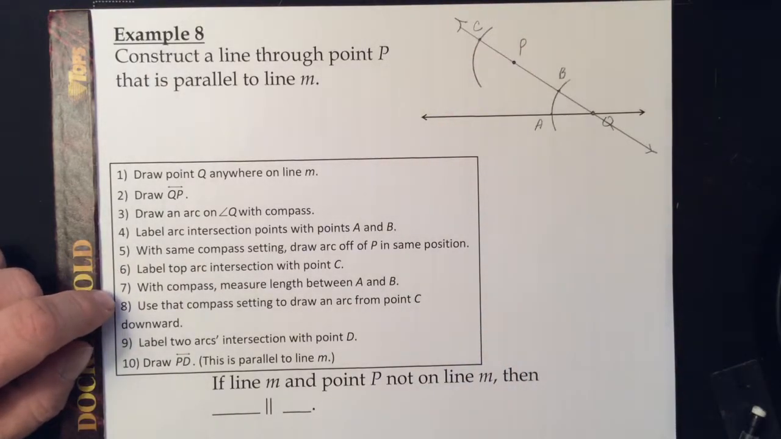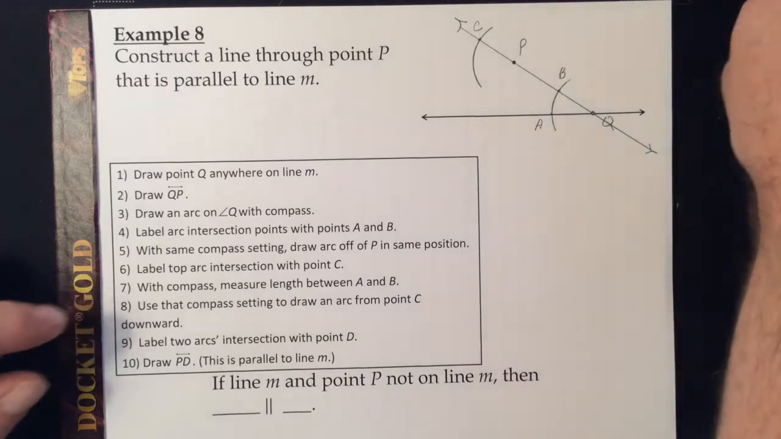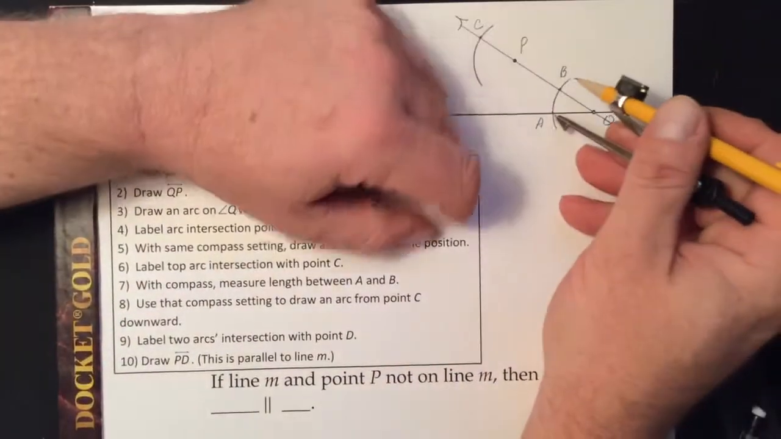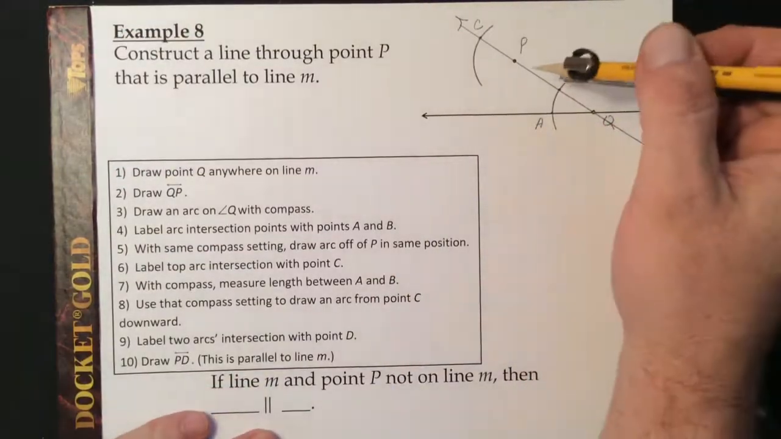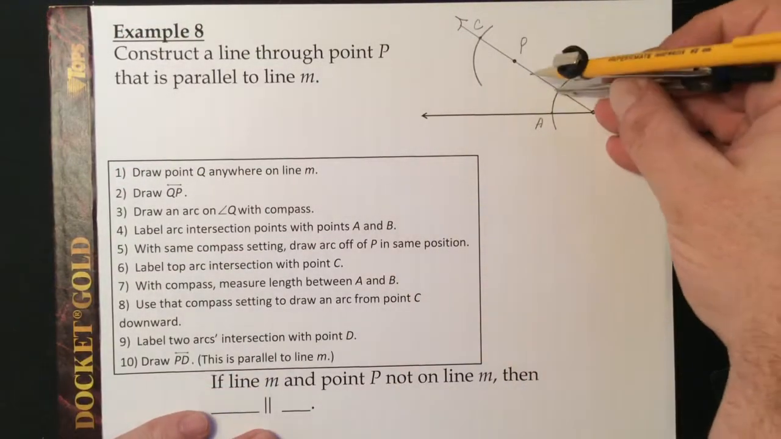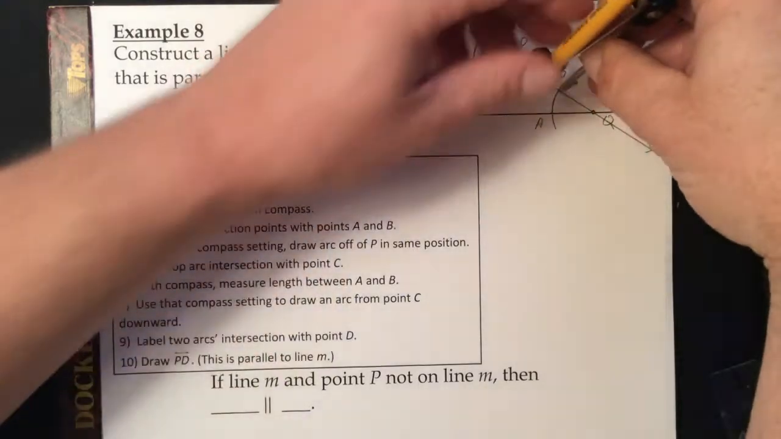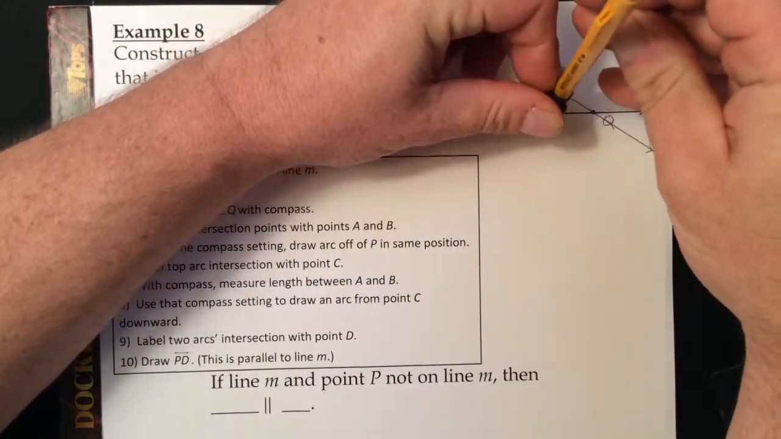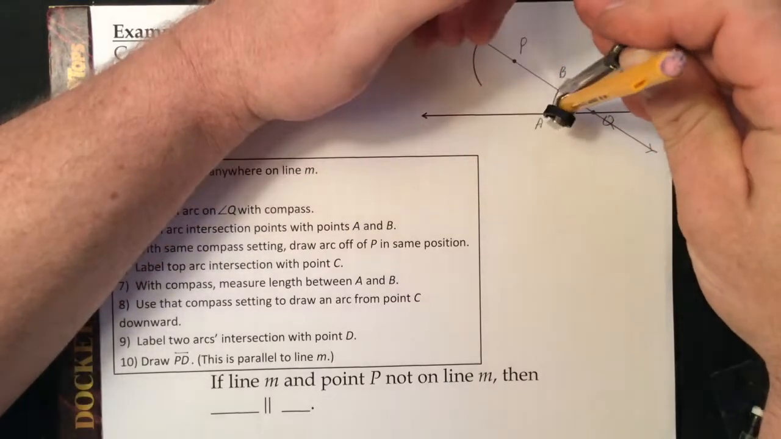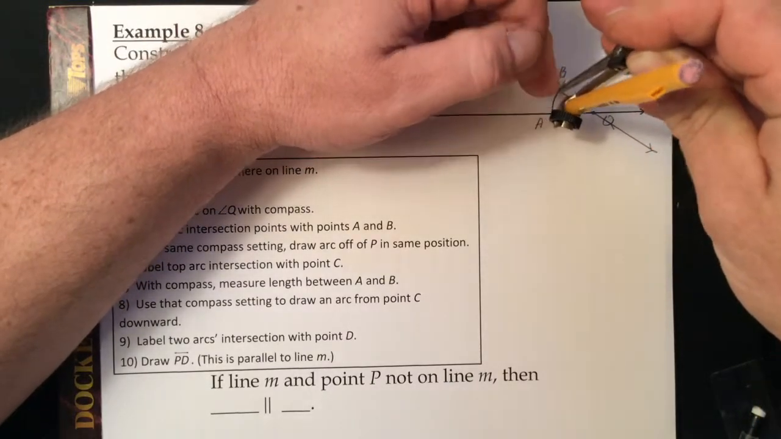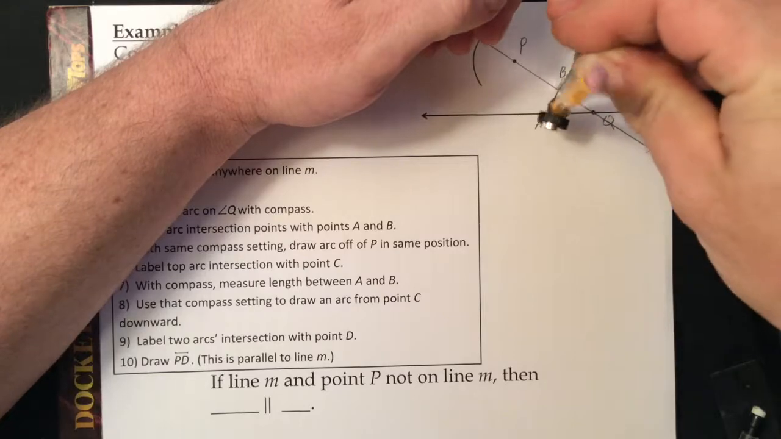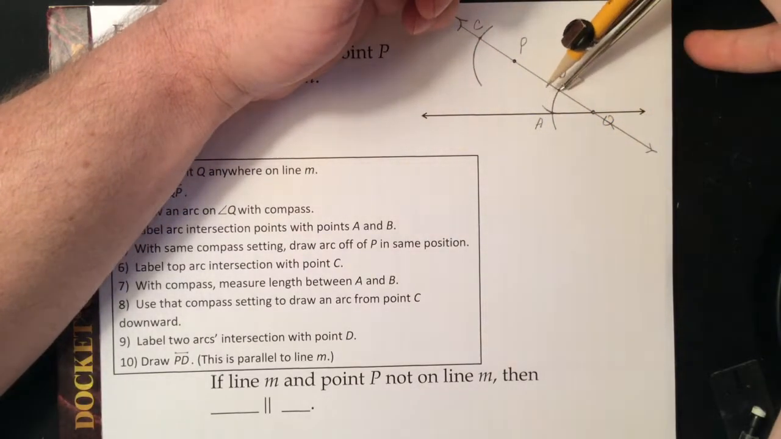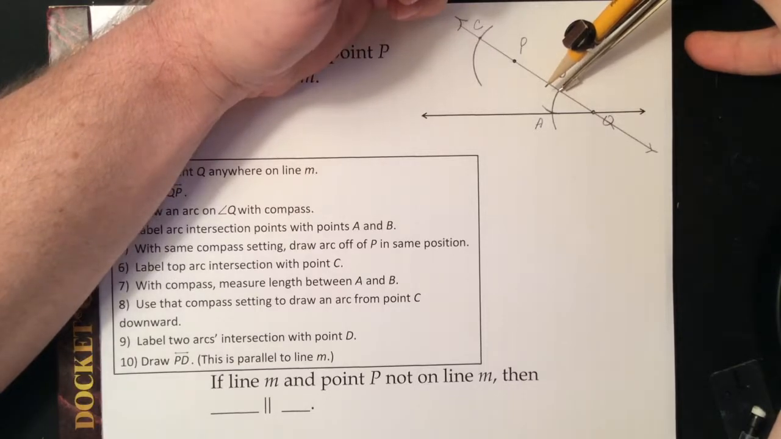Okay, 7. With a compass, measure the length between A and B. So take your compass and start at B and adjust your compass to the length of AB. Draw an arc through A so you'll know exactly where it's going. Get as accurate as possible. Like that. Now with that same setting,